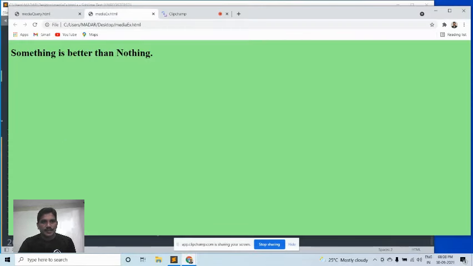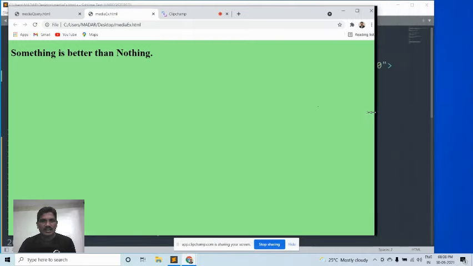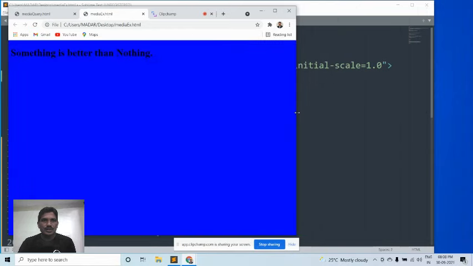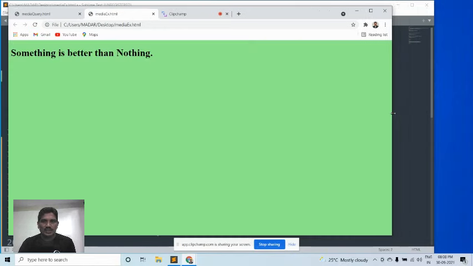See here, once you open the page, by default the background color of the page is light green. When you resize the window and the size becomes 990 pixels, the color changes to blue. Previously the output was light green.